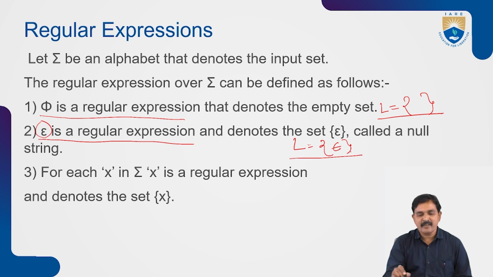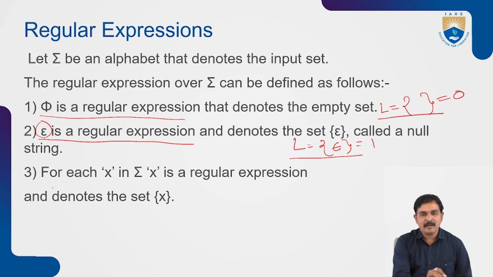So there is a lot of difference between this set and this set. The first is totally for phi, meaning in the set there is no element. The second has an element in the set, but the value of the element is null. So here the number of elements is 0, but here the number of elements is 1. But the value is nothing but null. Null is also considered as an element.